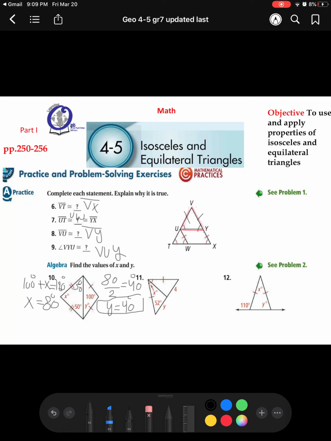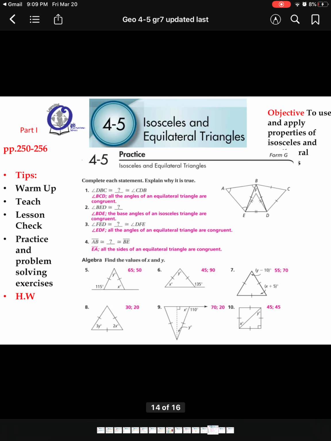By solving these questions, we finished our lesson for today. Here are the answers of your homework. To check your work, please check after you solve. Make sure